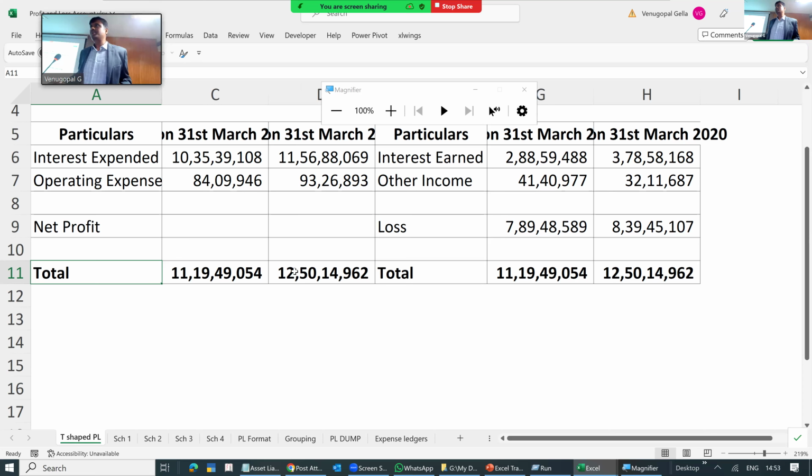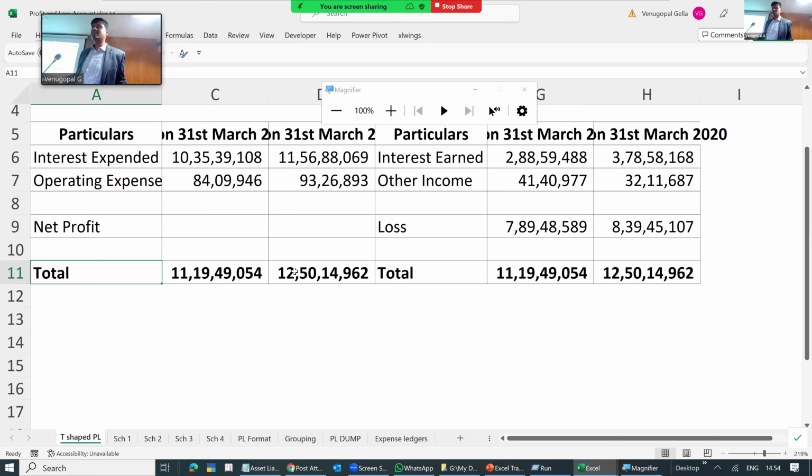So your job is now to see how much is the interest expenditure, and divide it by your average deposits. Never take the 31st March balance. Take the 12 months average. You will know the weighted average interest expenditure and the weighted average interest income. That will give you at least an idea whether it is going in the right direction or the wrong direction.